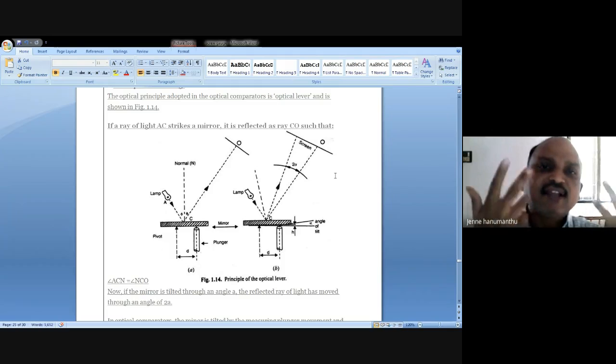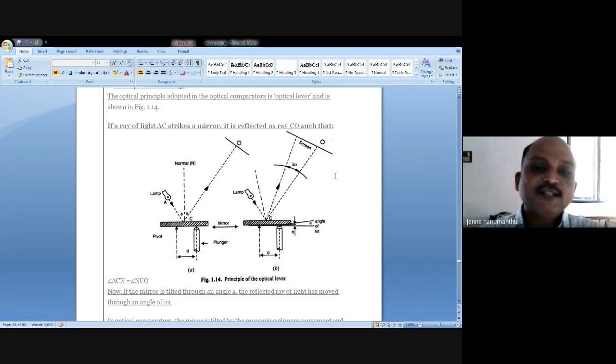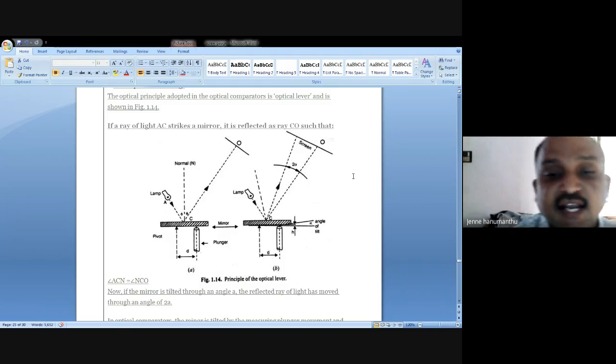Why is the angle of the light going to be modified? Because the plunger detects the dimensions. If no deviations, same alpha. Because of the deviations, alpha is not a simple one, it is 2 alpha. The angle is modified and the reflected light may take other angles. So based upon that angle, with the help of light, we can say that the surface is not smooth. It may have some other dimensions.